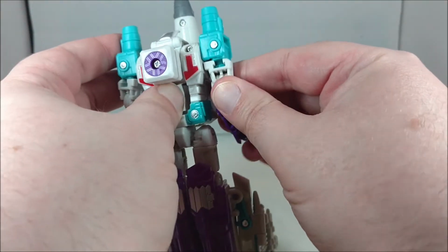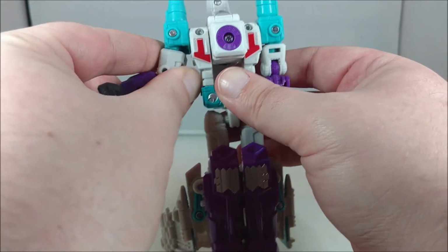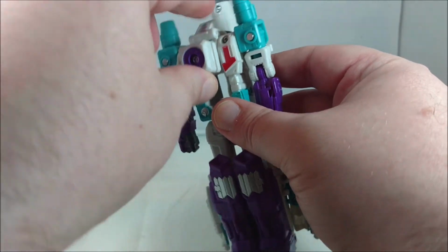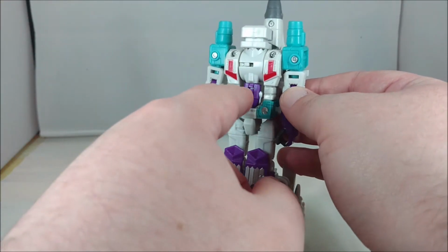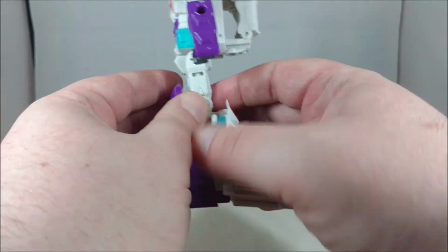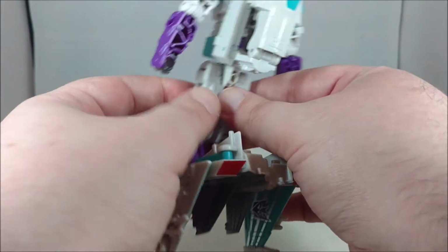Basically what you do is rotate the arms down and back around, just like so. Keep that flap shut. Go ahead. Rotate the combiner port all the way up. Do whatever you want with the robot head. I'm just leaving it for now. Get these out of the way, because we're now going to go ahead and do the old classic aerial bot